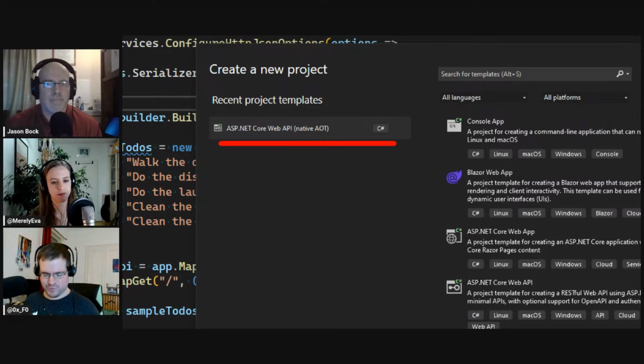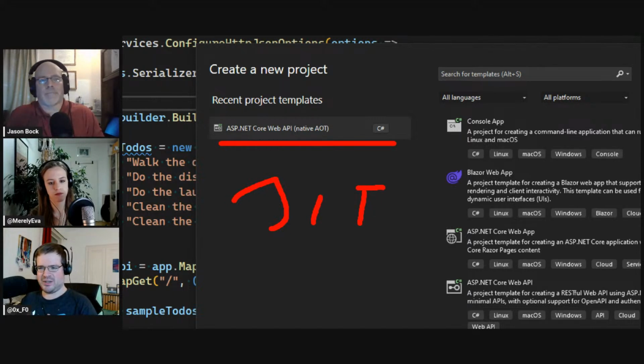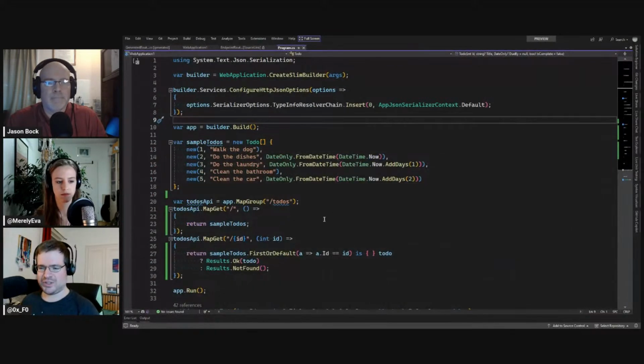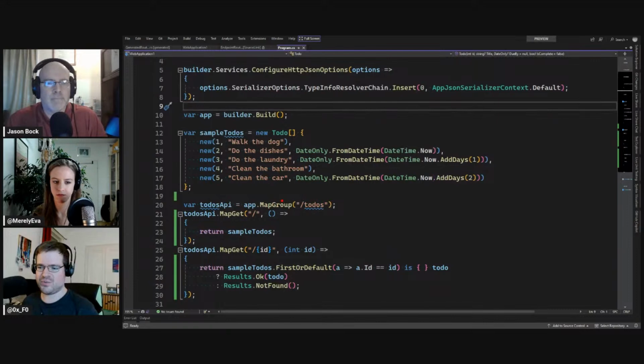And in native AOT, we don't have a JIT compiler, the just-in-time compiler. And now, without the JIT compiler, some parts may be missing that a source generator with an interceptor could fill. So what could this do? In this example, this is pretty much the original code from the template. It's a little to-do web API, and we have two endpoints: the root endpoint and then the ID endpoint.